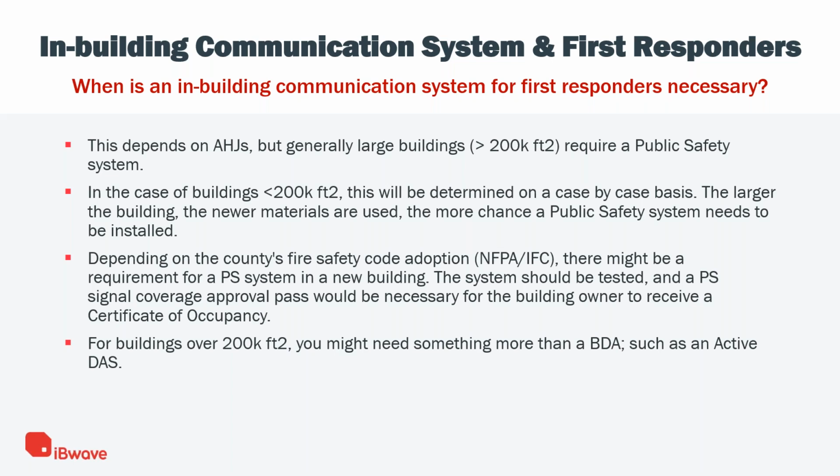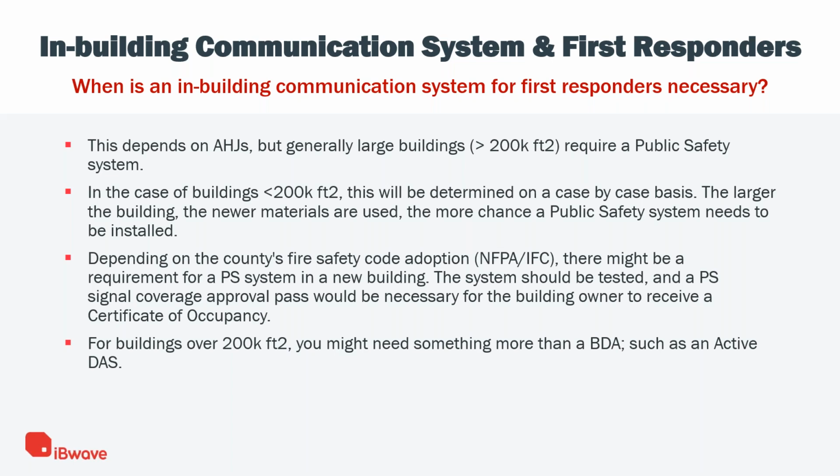When it comes to the RF point of view, the size of the building is going to determine what kind of solution. It's very common in smaller buildings to use things like repeaters, which is going to be our focus today. When you start getting into bigger buildings, you might have to use something like an active DAS. The benefit there is that you're using fiber. You can run it over longer distances and you don't have the same loss as if you were using coax,